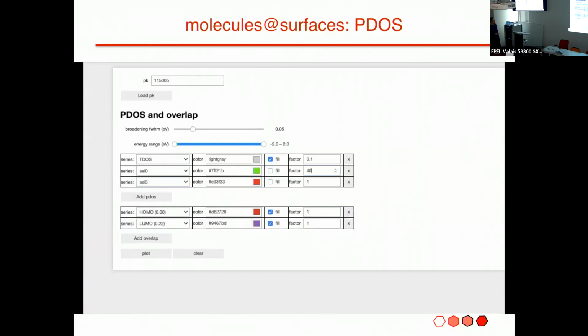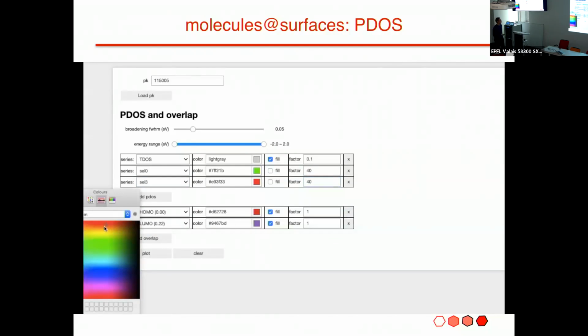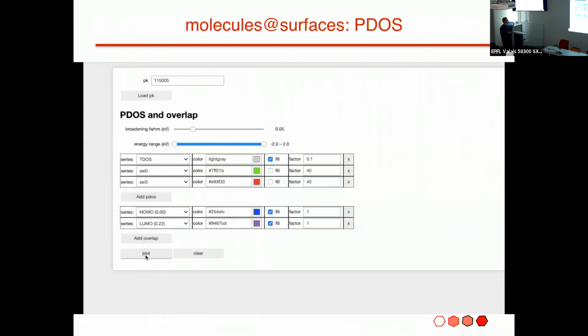And the big success here is that we defined a standard that is okay also for our experimentalists, so the image that we have here is ready to be put in a presentation or in a manuscript. You don't have to edit it anymore. Then you plot it,